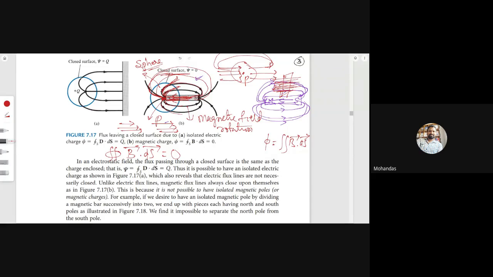Suppose you take electric field flux lines, and suppose you take a plus q charge. All the flux lines are leaving only. There is no return flux. Suppose there is a plus q here and a minus q here, then can you guess how the electric flux lines are flowing? From positive to negative. The direction will be in this direction only. Okay, this is about the electric flux lines.